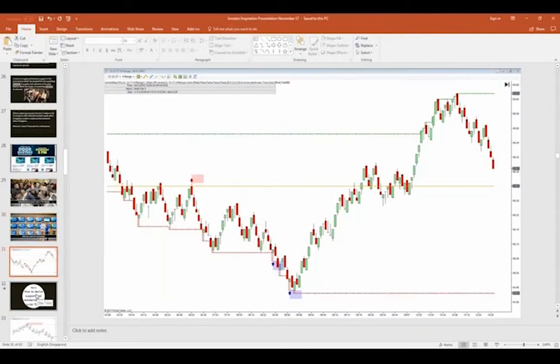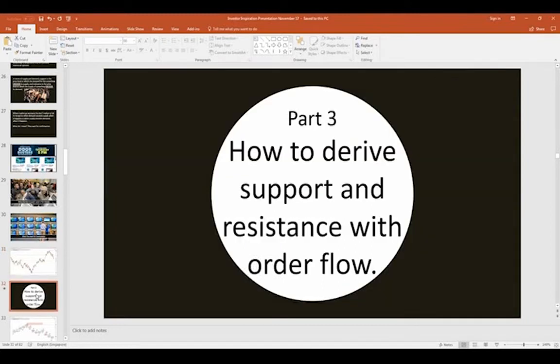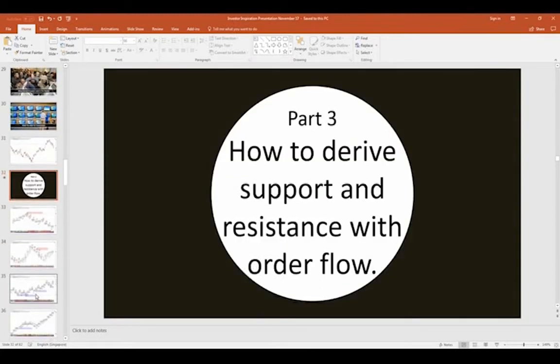So that's where a lot of traders, I think, veer off the path. They understand Black Friday is the time to buy stuff, but sometimes in the market, for whatever reason, they just check their brains in at the door. So now what I'll move on to is how to use order flow to derive support